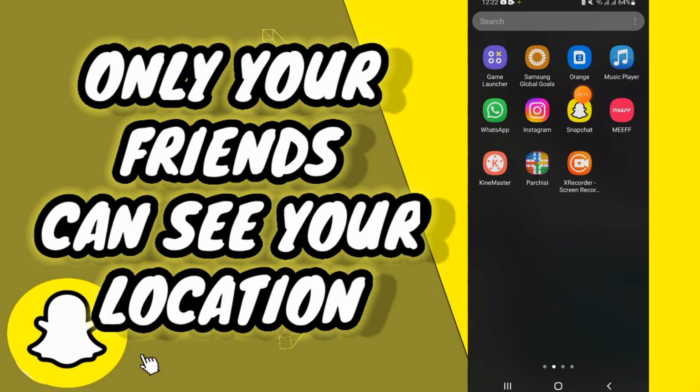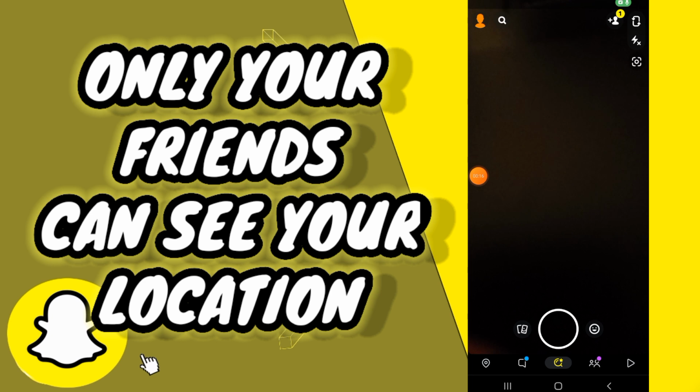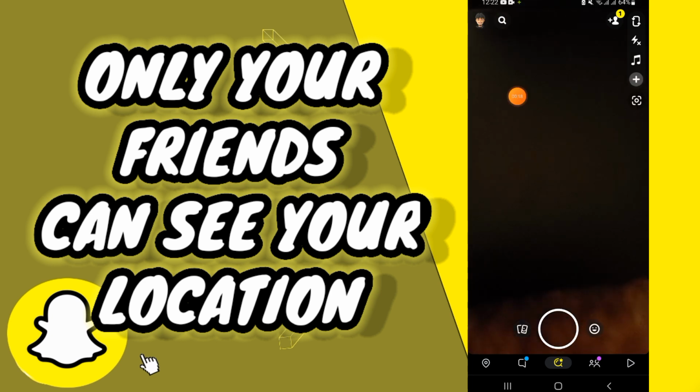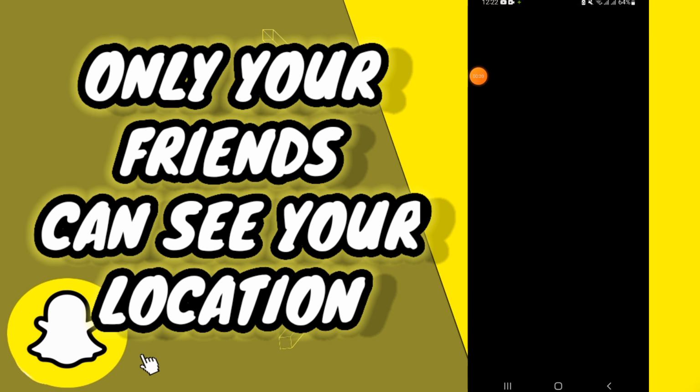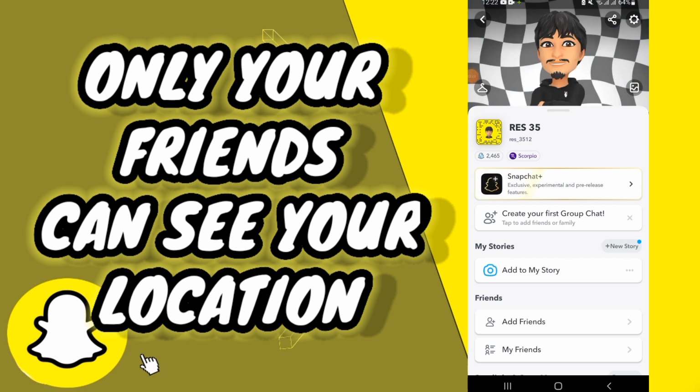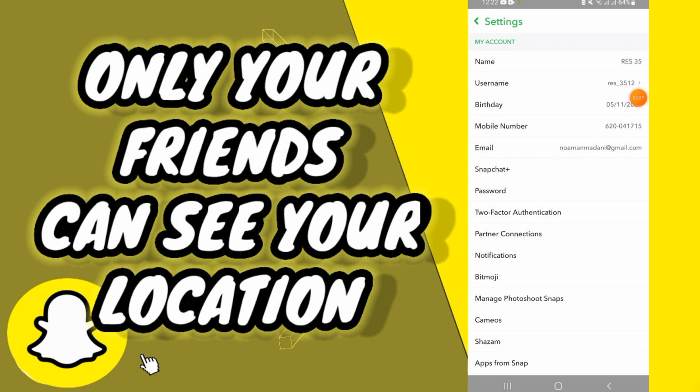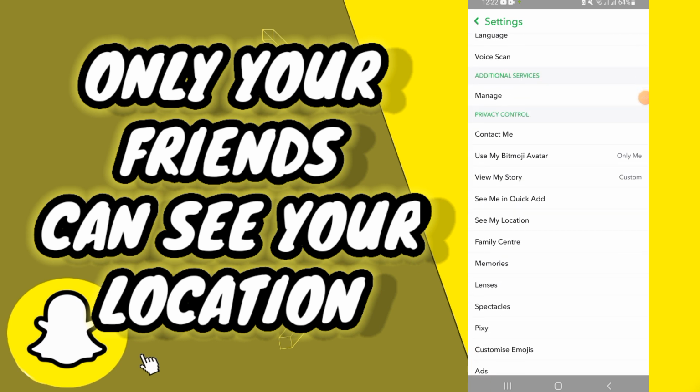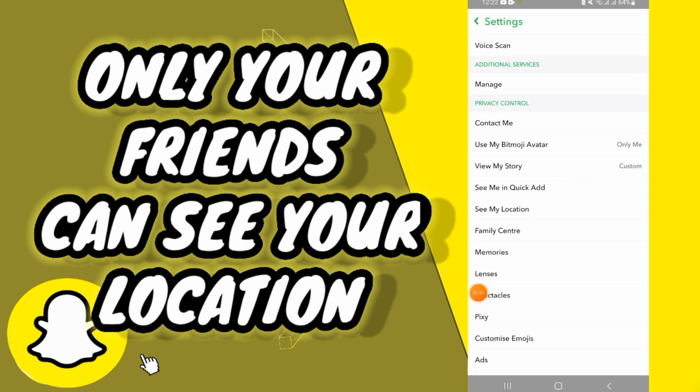You go first and you open Snap. Then when Snap is opening, as you see, you go here on your profile icon, then you click. After when your profile is open, you go here on settings and click again. Then you will go down to see my location here